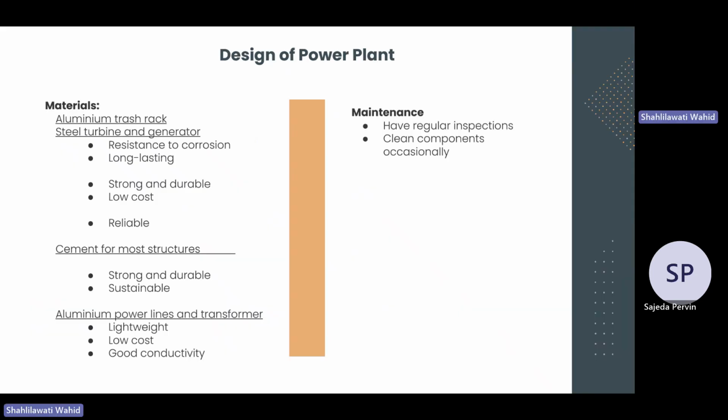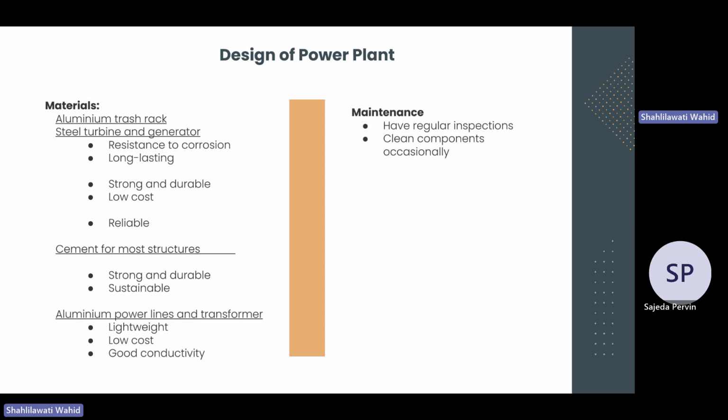Here is the design of the power plant and the materials it is made of. The aluminium trash rack and the steel turbine and generator are all resistant to corrosion. They are long-lasting as they are made of good quality material. They are also strong and durable, they are sold at a low cost, and they are reliable, meaning